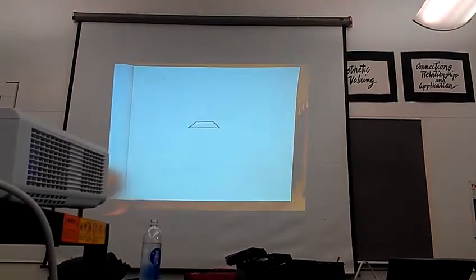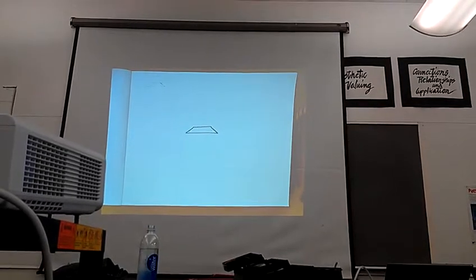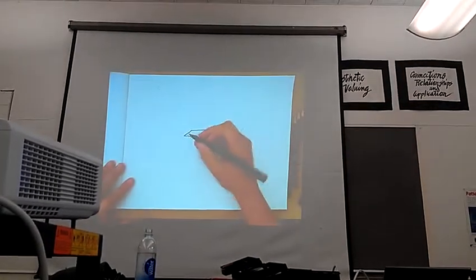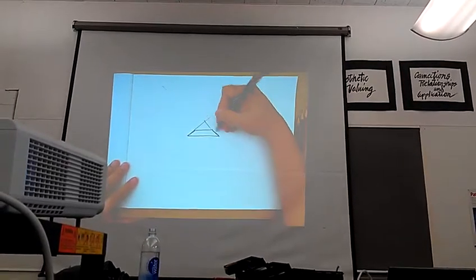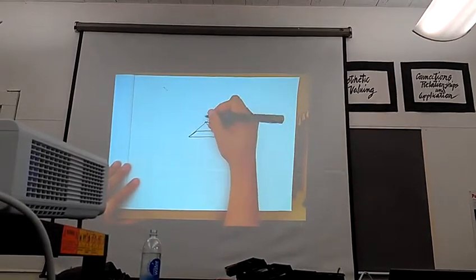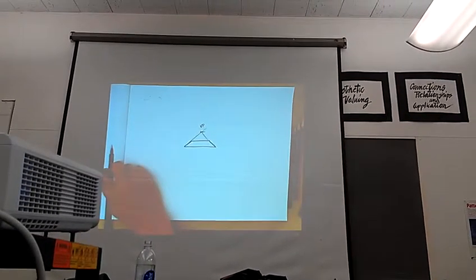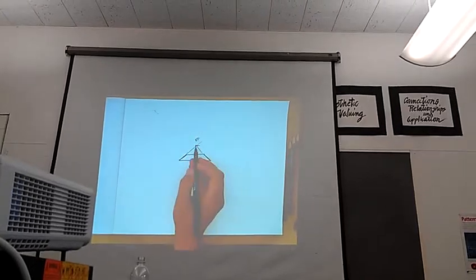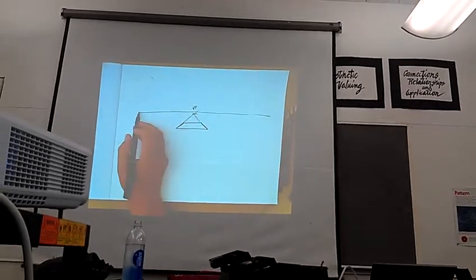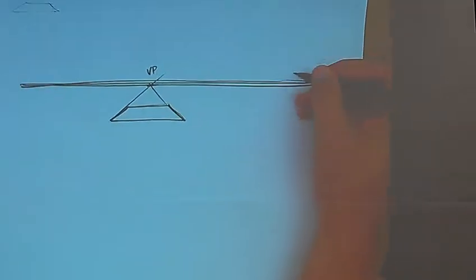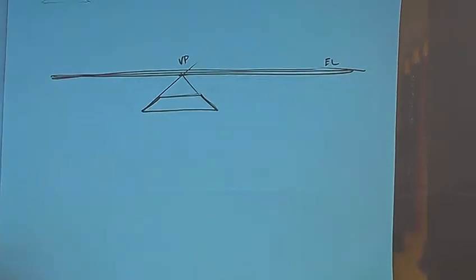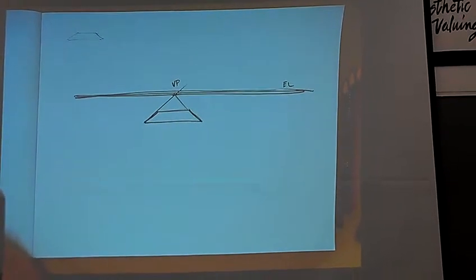Much better. Okay, so if that's a square, that is its vanishing point, right? This is the eye level. Now,